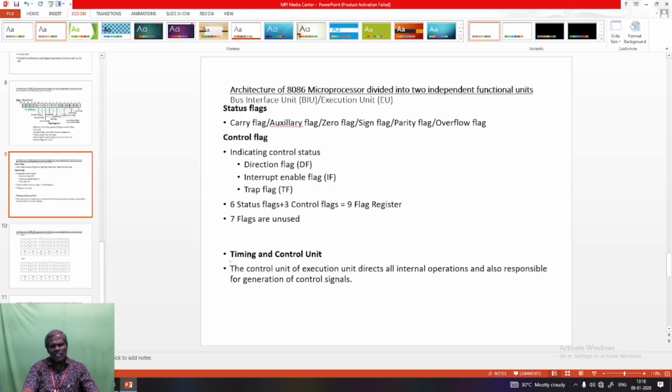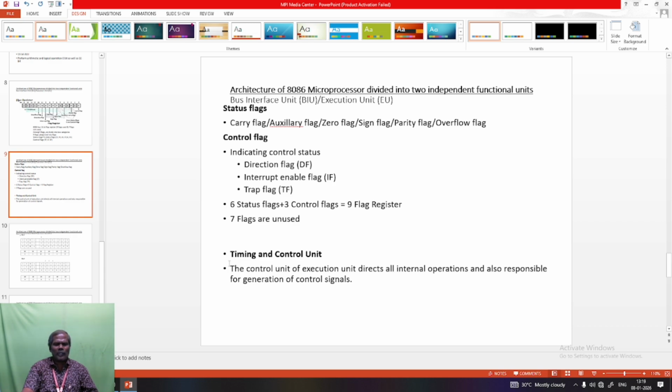For example, if after the 50th line we set TF equal to 1, then lines 51, 52, up to 100 will each be checked, giving the error and status. For that purpose we use the trap flag.